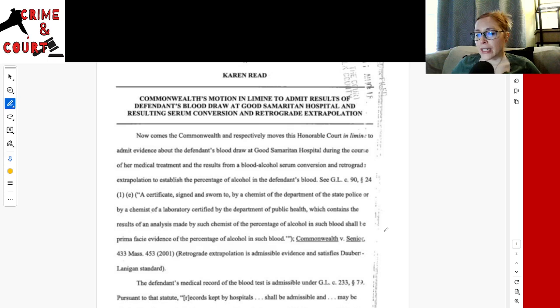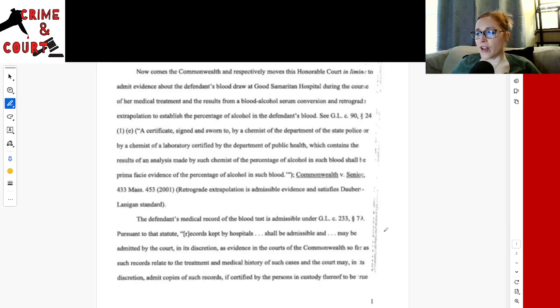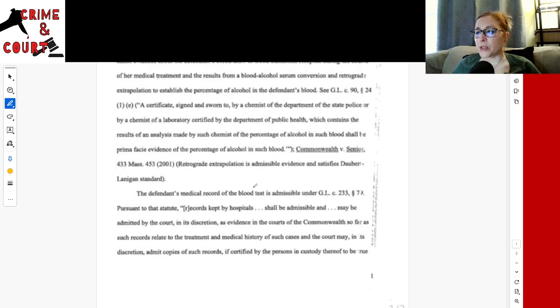A certificate signed and sworn to by a chemist of the Department of the State Police or by a chemist of a laboratory certified by the Department of Public Health, which contains the results of an analysis made by such chemist of the percentage of alcohol in such blood shall be prima facie evidence of the percentage of alcohol in such blood. Yes, but there has to be a certain protocol in